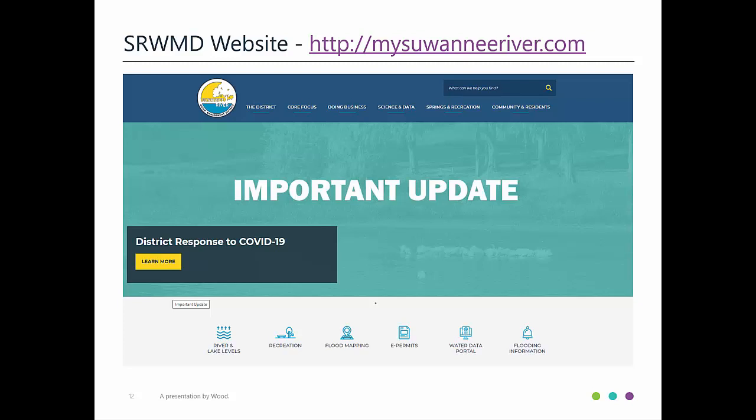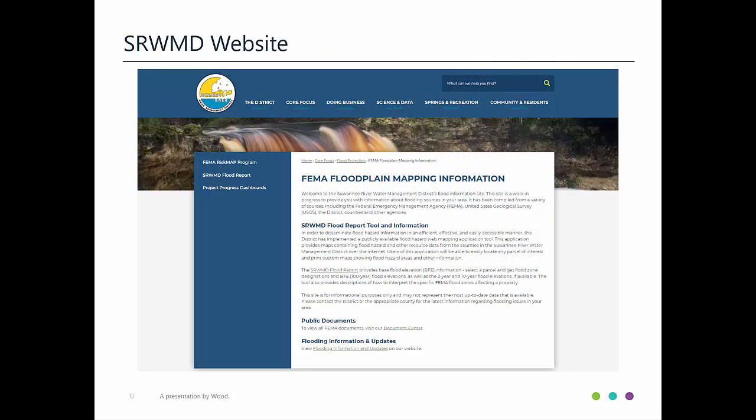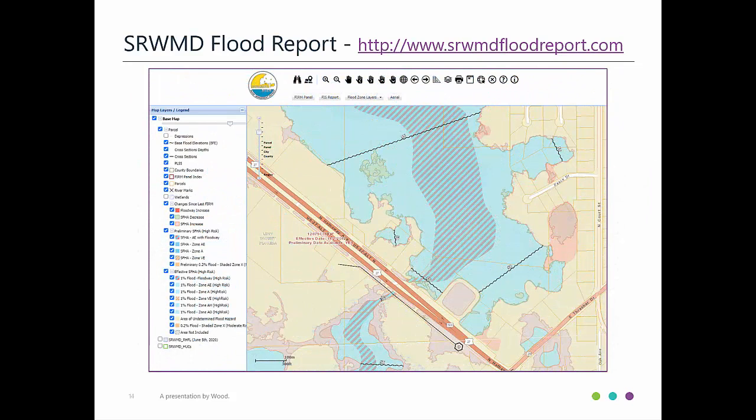When you bring up the home page, click the flood mapping icon in the middle. This will take you to the FEMA floodplain mapping information page. From there, click on either of the links for the SRWMD flood report. To skip the district's website altogether and go directly to the SRWMD flood report, users can type http://www.srwmdfloodreport.com into their browser. The flood report website is an interactive mapping website where users can view the effective special flood hazard areas,